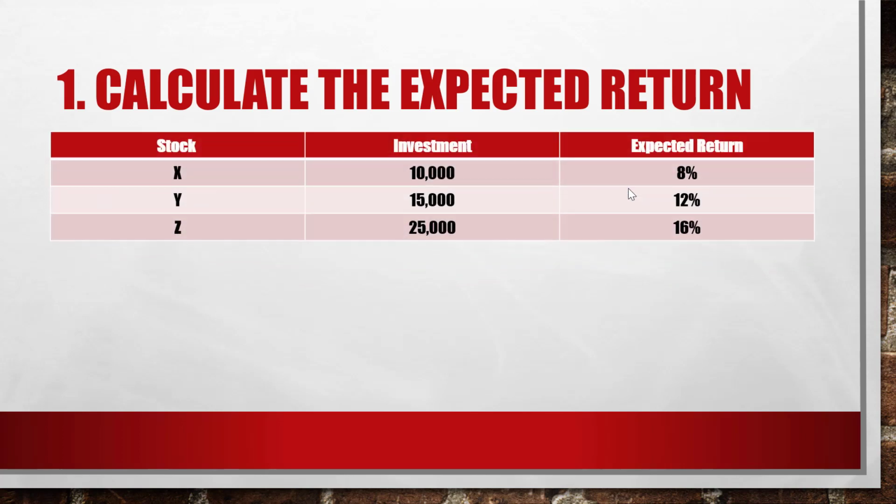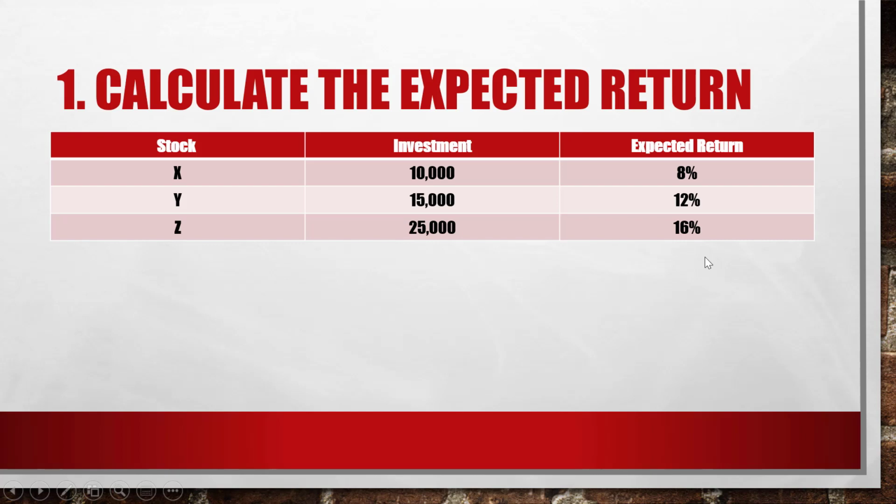Calculate the expected return. Here we are given a table of 3 columns. The first column tells you the 3 stocks X, Y, and Z. The second column is the investment value that you put in each stock, and the expected return corresponding to these 3 stocks. So here we see that the investor invests $10,000 into stock X with the return rate 8%, $15,000 into stock Y with the expected return rate 12%, and $25,000 into stock Z with the